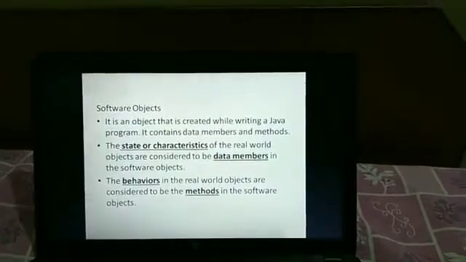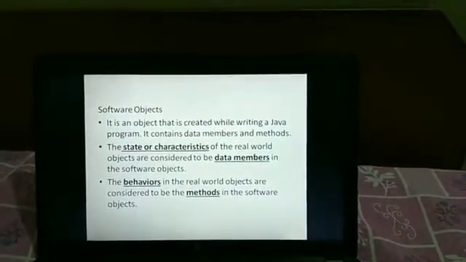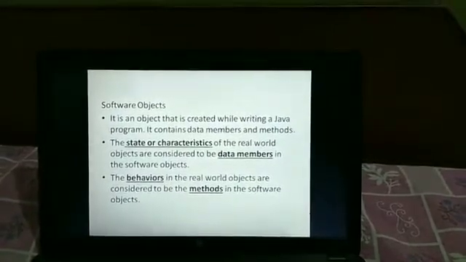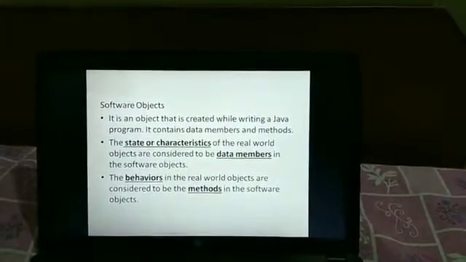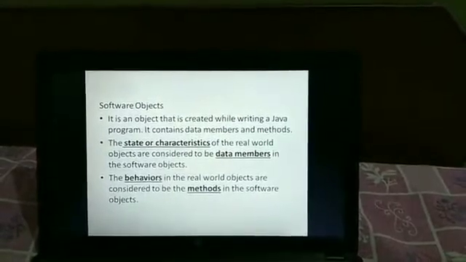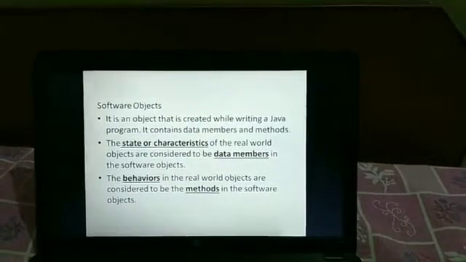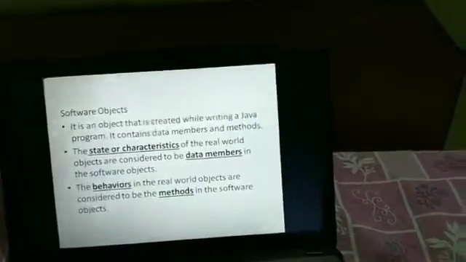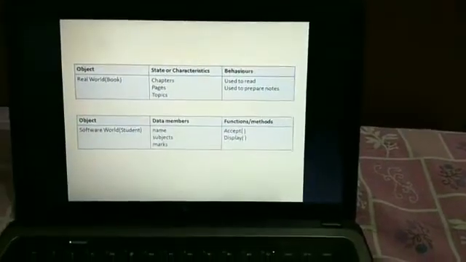They consist of data members as well as methods. The data members are called characteristics under the real world and the methods are called behaviors under the real world.